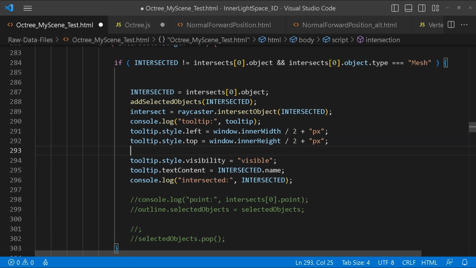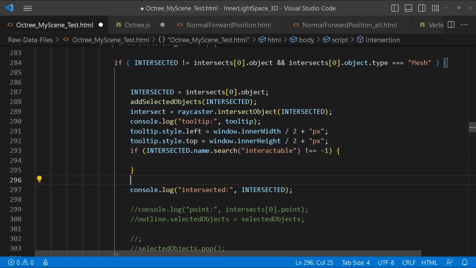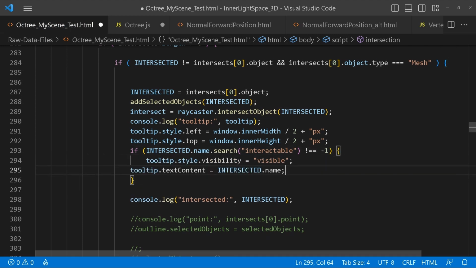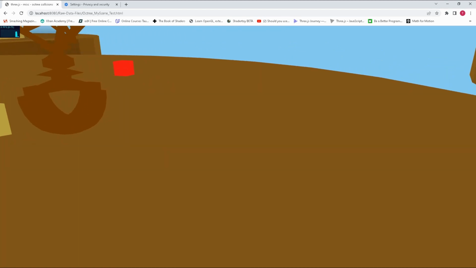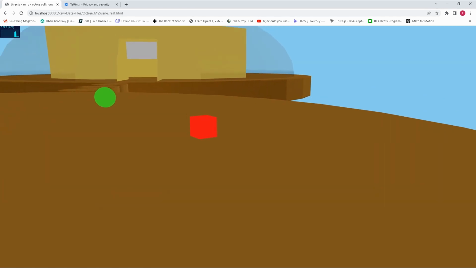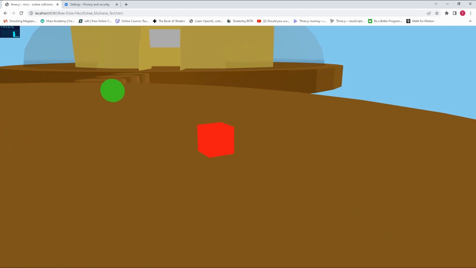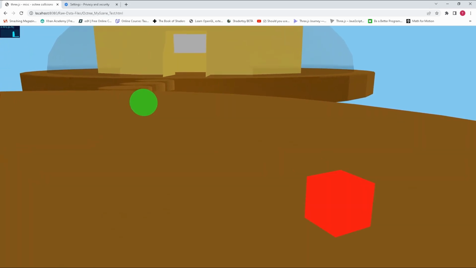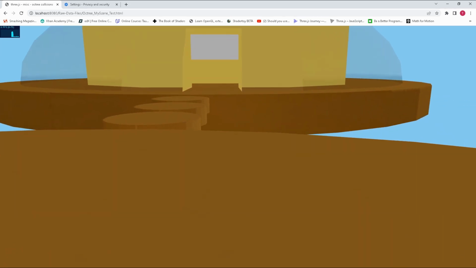Okay, so I'm just gonna do this quickly because I thought I had done it. Now I've turned recursive to true, and I have altered the code so that it will detect objects that are only considered interactable. Okay, so I'm just gonna go to one of